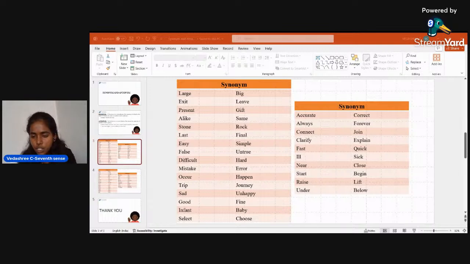So there may be questions based on jumbled words or parajumbles. Jumbled words are nothing but there will be a sentence and the words in that sentence have been interchanged. The position of the words have been interchanged. You need to write the words in the correct order or correct position. It should have some meaning. So that is parajumbles or jumbled words. So you may have questions based on parajumbles or jumbled words, then one word substitution and antonyms or synonyms,